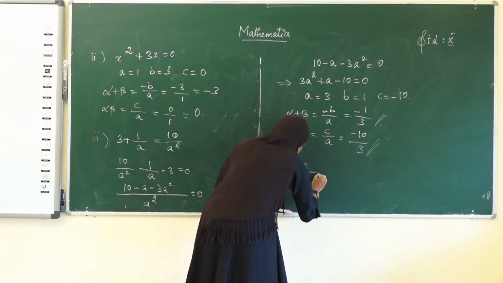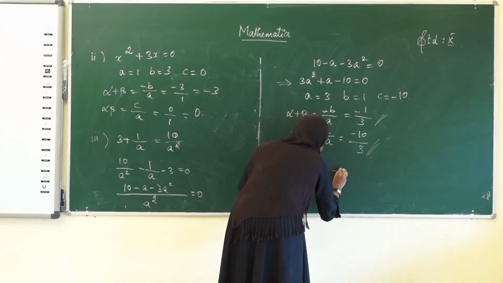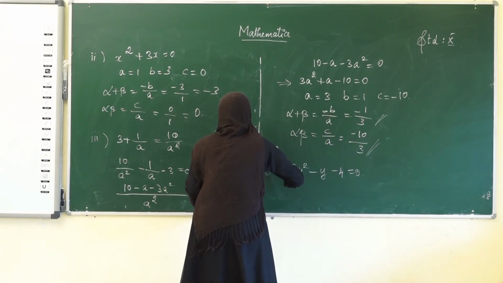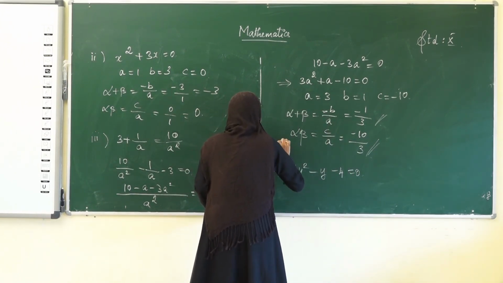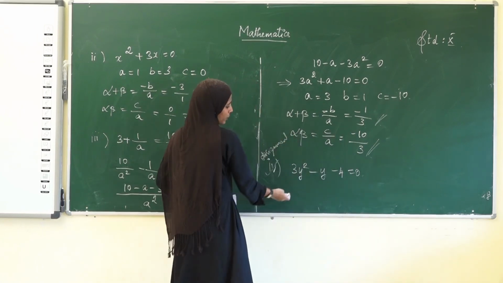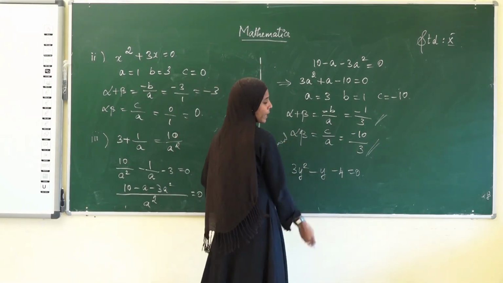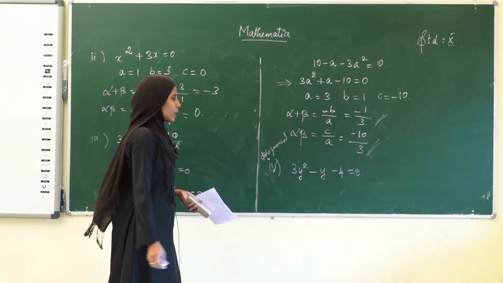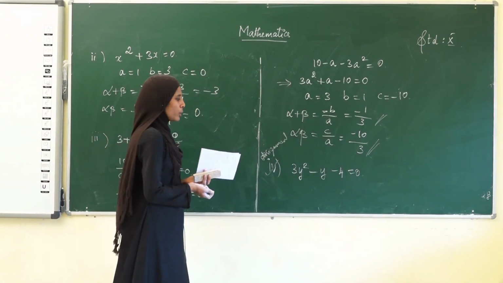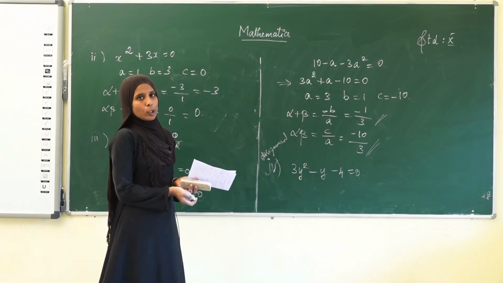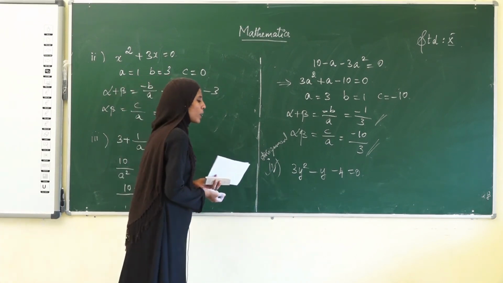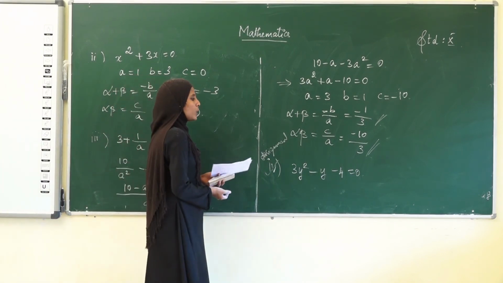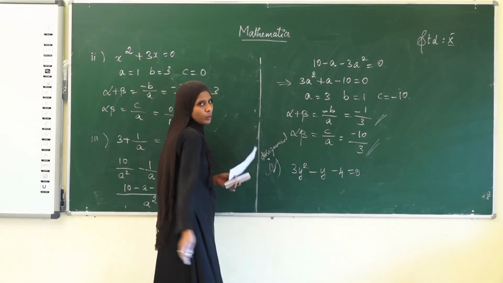And the last subdivision, 3y squared minus y minus 4 equal to 0. This is the assignment. Do it at home. See here, from this we can take a's value is 3 and b's value is minus 1 and c's value is minus 4. From that we can find the sum of the roots and product of the roots. What is the sum of the roots formula? Alpha plus beta is equal to minus b by a, and the product of the roots is alpha into beta is equal to c divided by a. Through that you can find both sum and product of the roots.